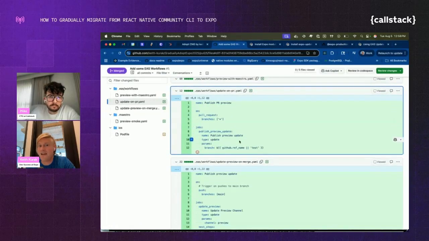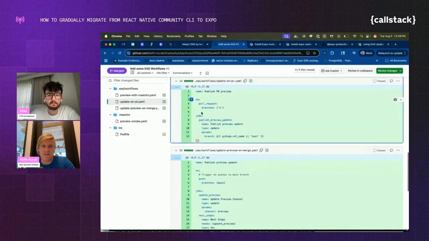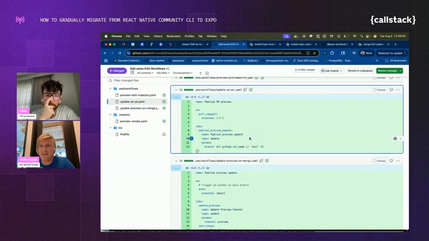So here I'm using EAS update. I'm already configured for EAS update, but instead of always running on demand or putting that EAS update command into a GitHub action, I can add the GitHub app to my project. Expo has a GitHub app, and once that is linked, this workflow will run anytime I update a PR. So if you want to start to customize these steps,